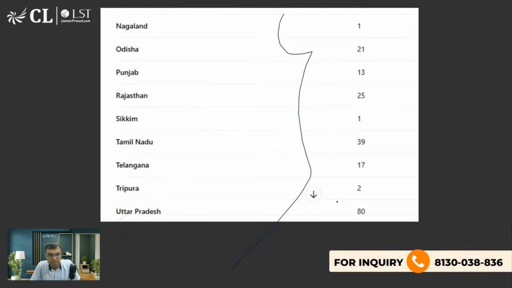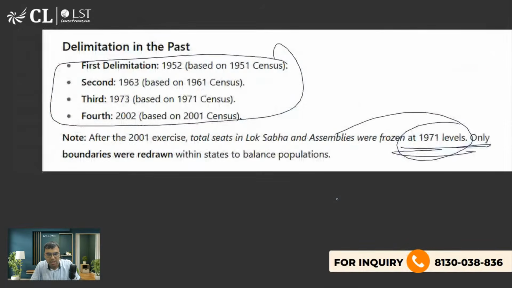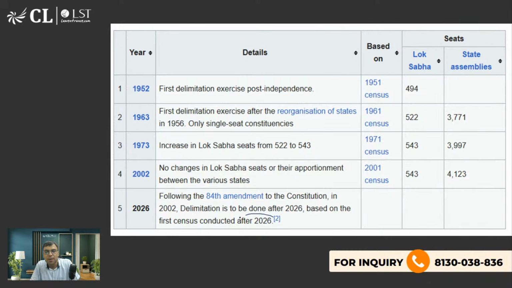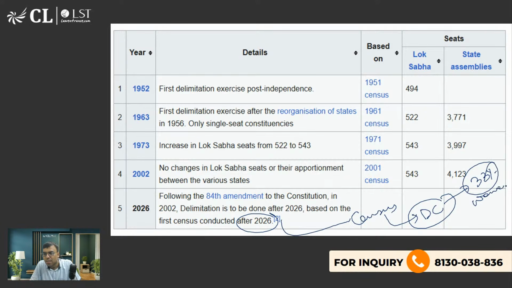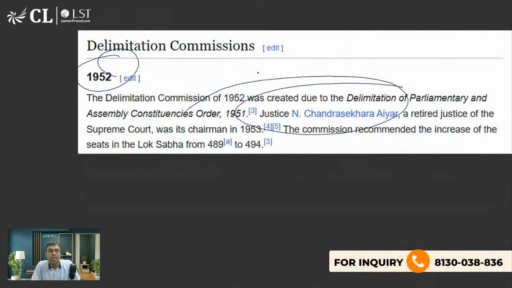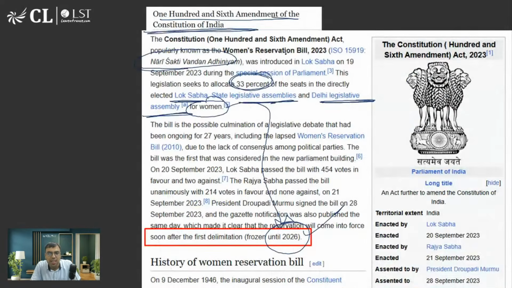इज इट क्लियर? ये बात समझ में आई कि नहीं? जो कहां बोल रहे थे हम, हाँ, कि 2026 के बाद पहला वाला जो भी सेंसस होगा, उसके बाद डिलिमिटेशन कमीशन बैठेगी, then after that 33% reservation will be given to women in Lok Sabha, legislative assemblies of states and legislative assembly of Delhi. That was written in the 106th amendment. तो ये बात तो हो गई, लेकिन अभी ये रिजर्वेशन वाली चीज इंप्लीमेंट नहीं होगी जस्ट नाउ. And I'm sure you must be aware of that.